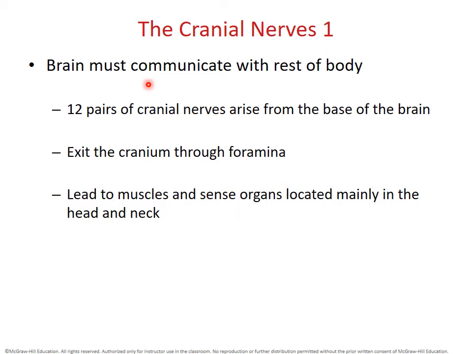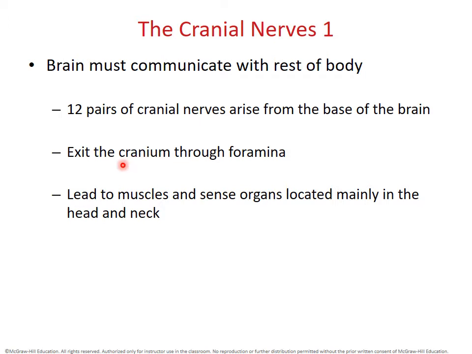arising from the base of the brain. Most of these cranial nerves communicate directly with the brain stem. They exit or enter the cranium depending on whether you're talking about motor or sensory function. They enter or exit the cranium through foramina. And remember, early in the term, we learned various foramina openings in the skull. So we're going to refer you back to those foramina as we learn exactly which ones each cranial nerve passes